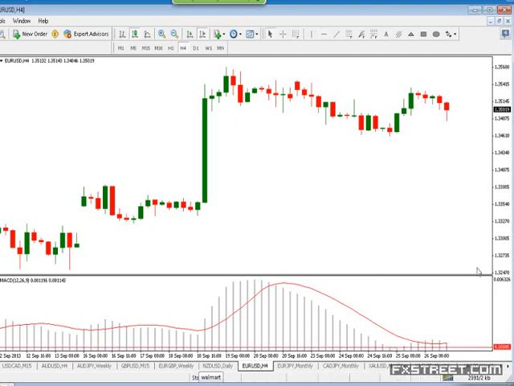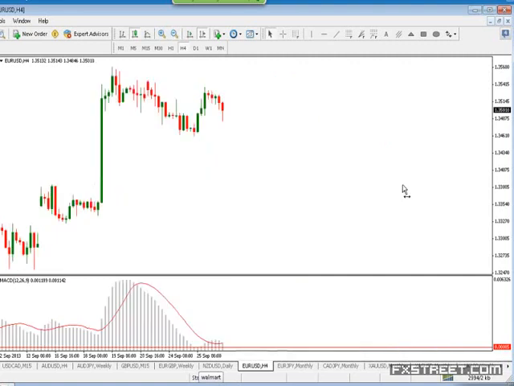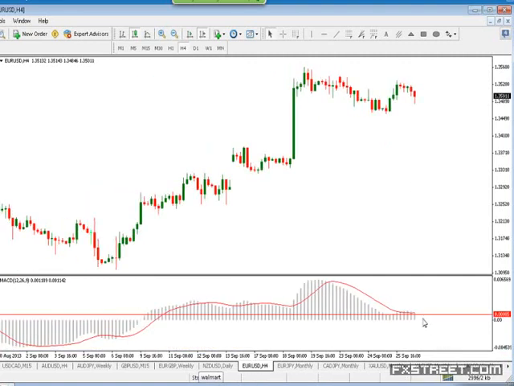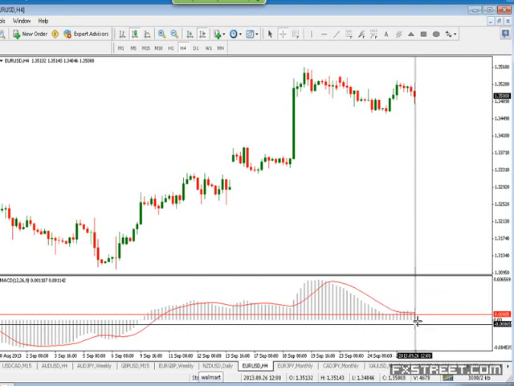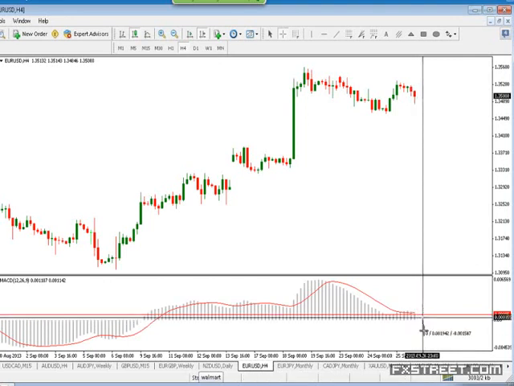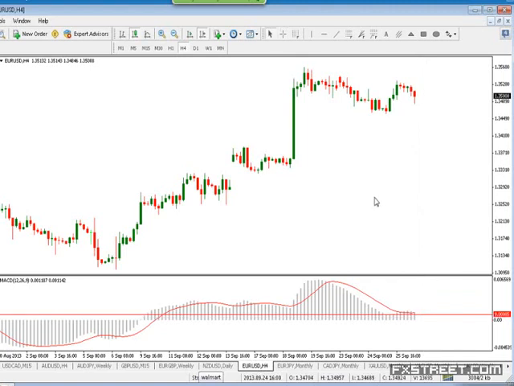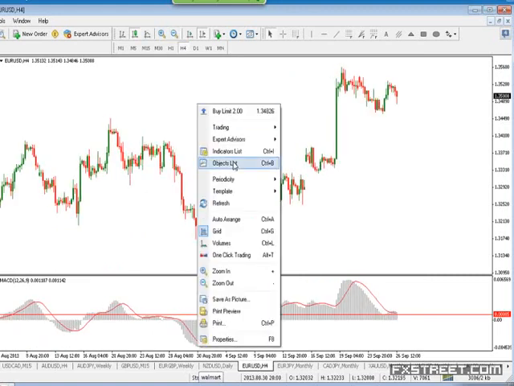Now, what I would look for is the next histogram bar. If I have a complete histogram bar, a next histogram bar, which forms completely below this line. It should not be above. Now, the last particular bar, this bar is also above the line. A histogram bar, which will form completely below this. If that forms, then I would start looking for shorts. That would be my indication. Once again, I would rather confirm with a break of a trend line, but this is one place where you can really look at. This works on all time frames.